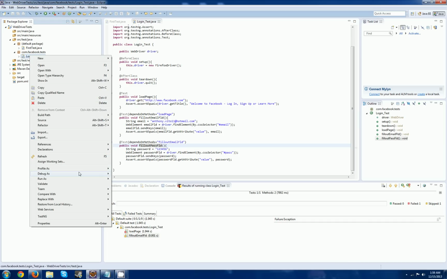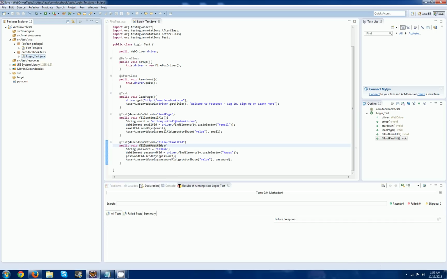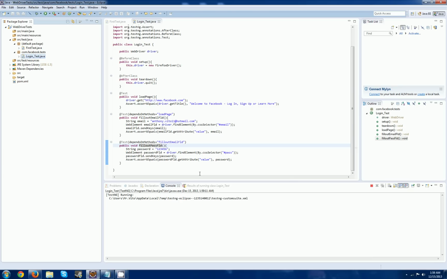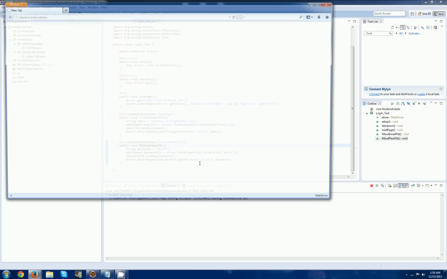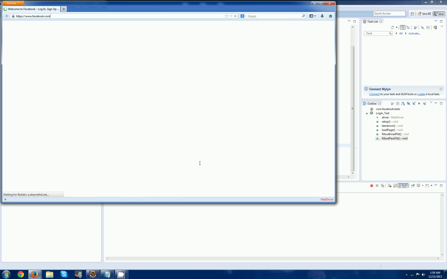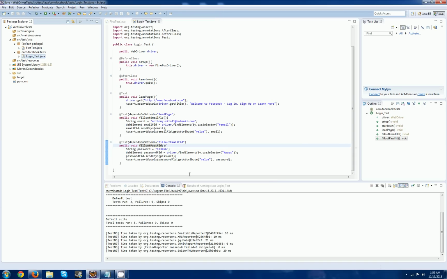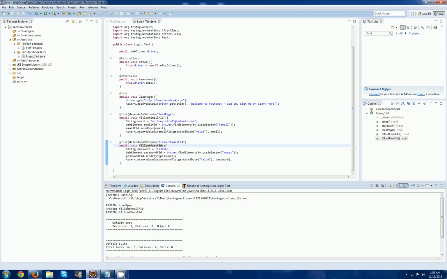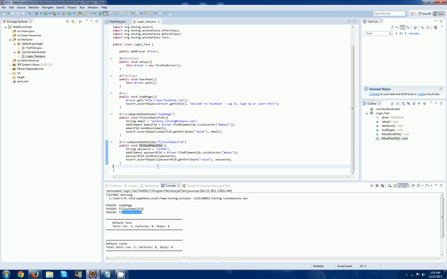So let's run this. There we go. So let's load this page up. Fill out, fill out. There we go. 3 tests ran. Fill out email, fill out password field. So there you go. There's your first test case. Just a really quick and dirty way of getting some quick tests up, just verifying that the field's there, putting in the text, and then